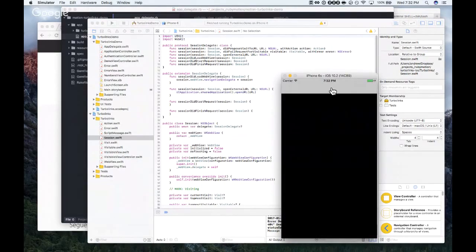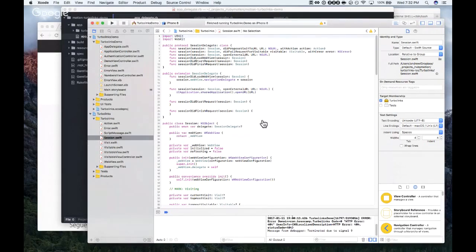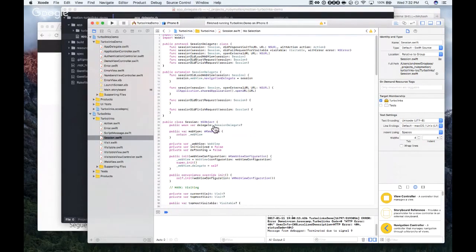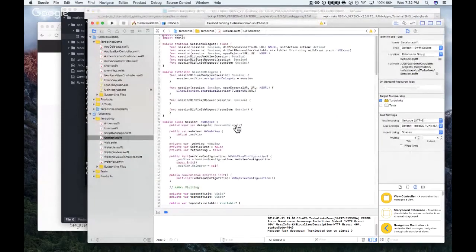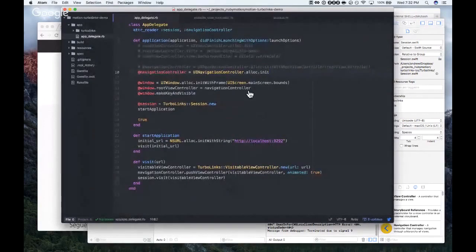All right, so we loaded our, at least I'm assuming we loaded our visitable view controller. Likely, we can see in the REPL if it dumped out the text string. Yep. So I mean, it did the load, right? Yep. Or it looks like it did. We pushed it on. I'm guessing that we set our root view controller to be this by calling push view controller.